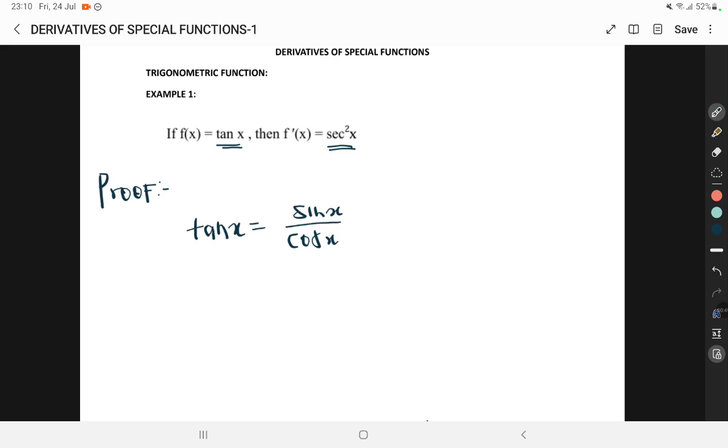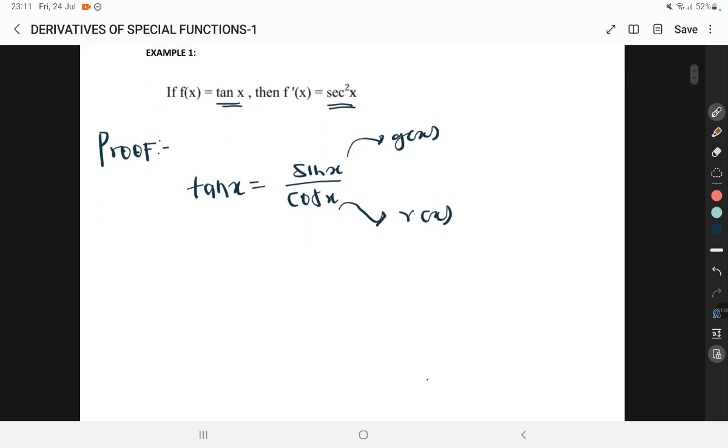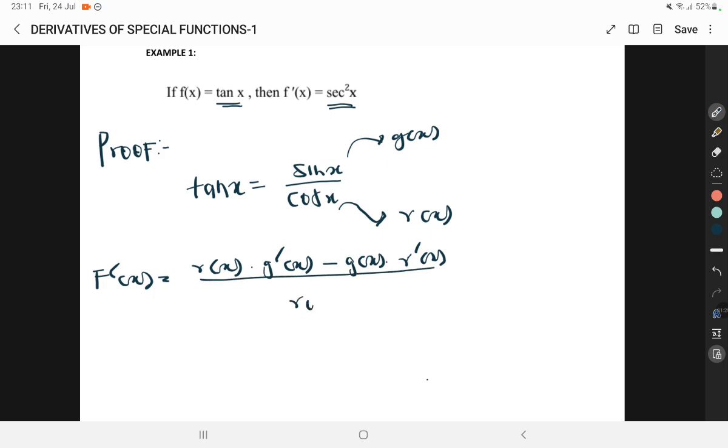We have a fraction, and if we have a fraction, then that means we can find the derivative of a fraction using the quotient rule, right? So let's just say sin x is g of x and cos x is r of x, right? Then to find the derivative of f of x, I'm going to say r of x multiplied by the derivative of g of x, minus g of x multiplied by the derivative of r of x, all divided by r of x